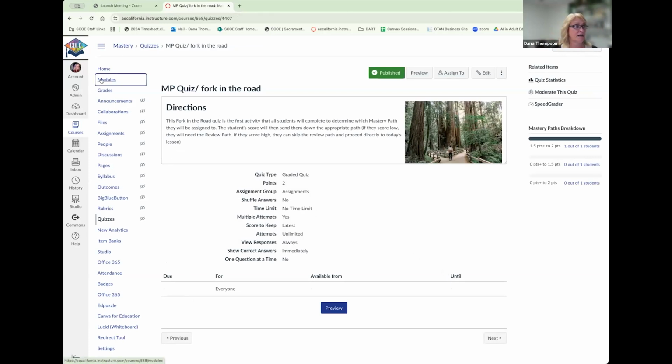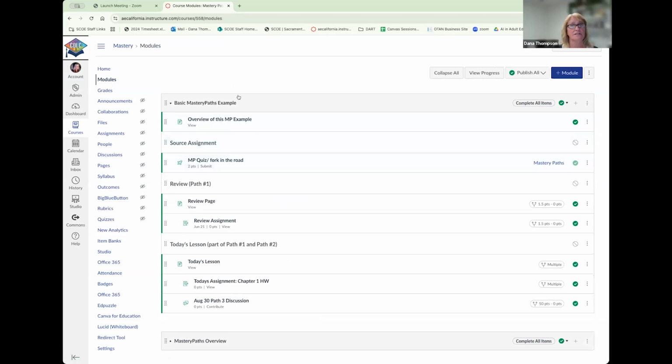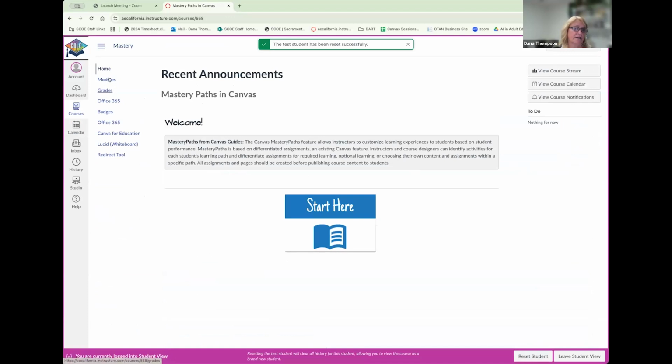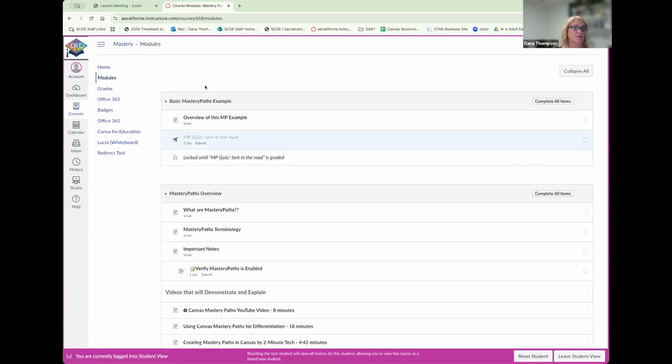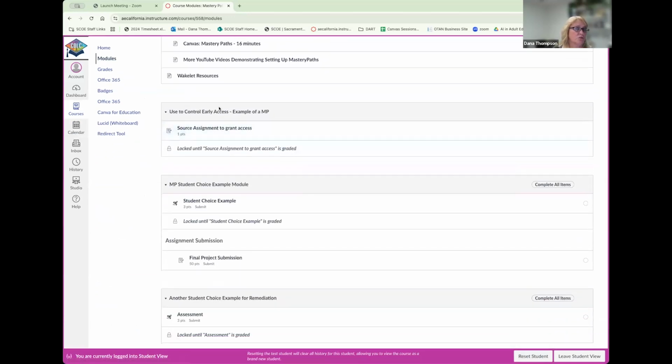So the question is, does a mastery path have the function to release a second module? So here's an example. Let me go back into view as a student, and I'm going to go ahead and reset my student so that we're looking at this from the beginning. And as my student, I'm going to come into modules, and you'll see that this has been reset. But let's come down here to use to control early access. So this is kind of answering your question, but basically what I did here is I have a source assignment